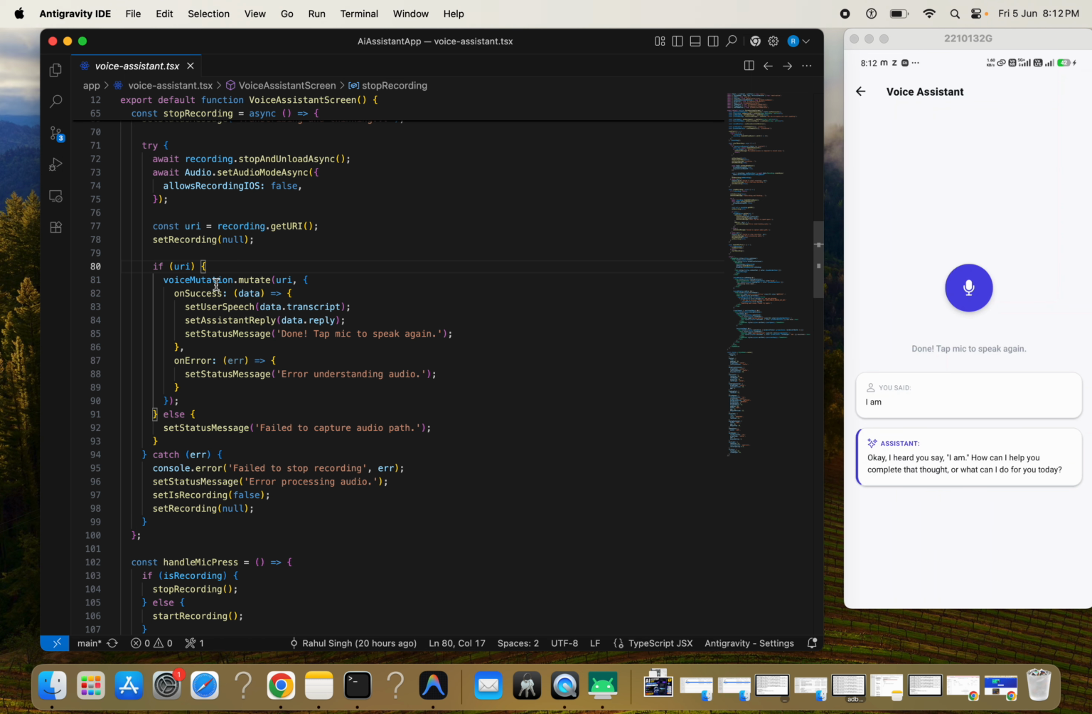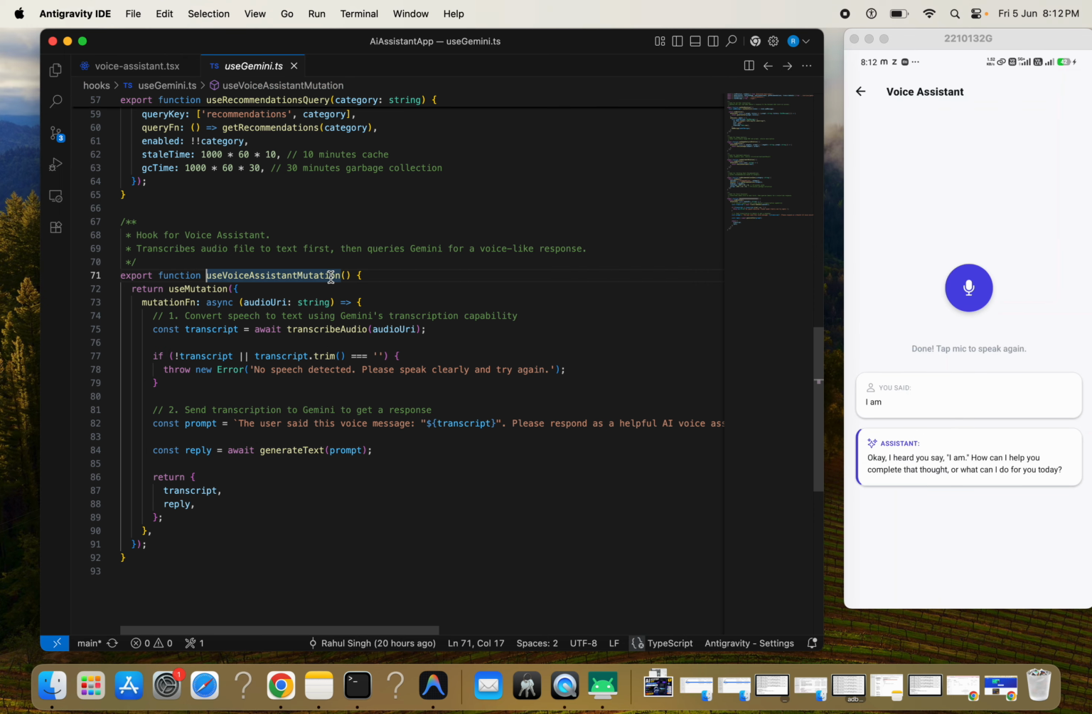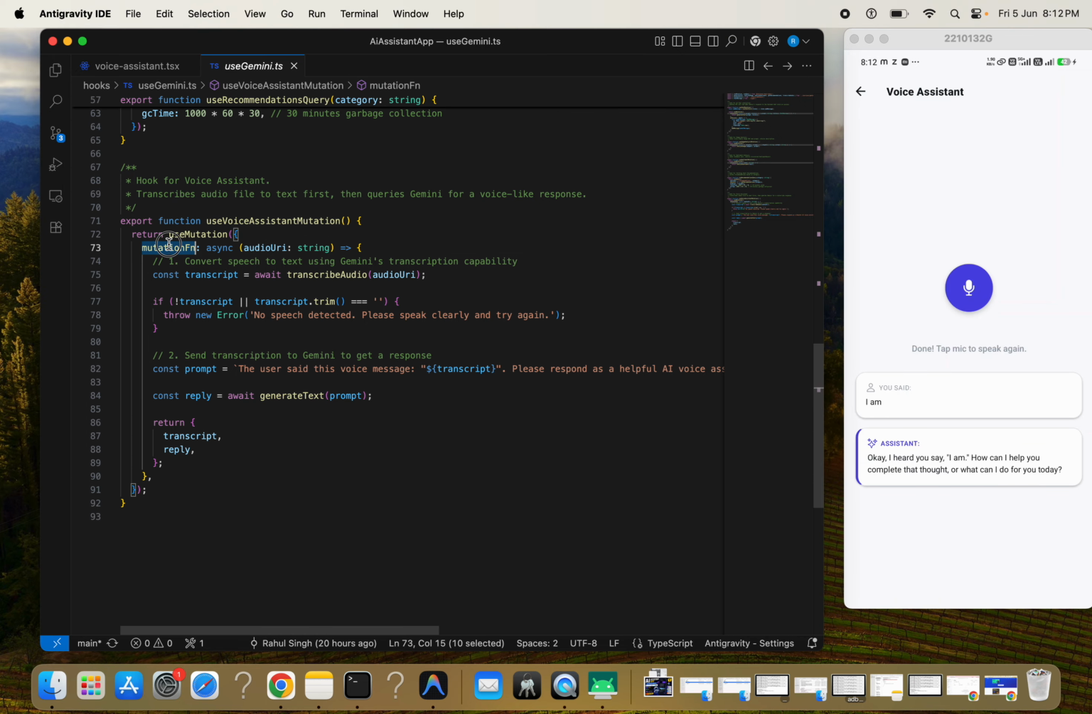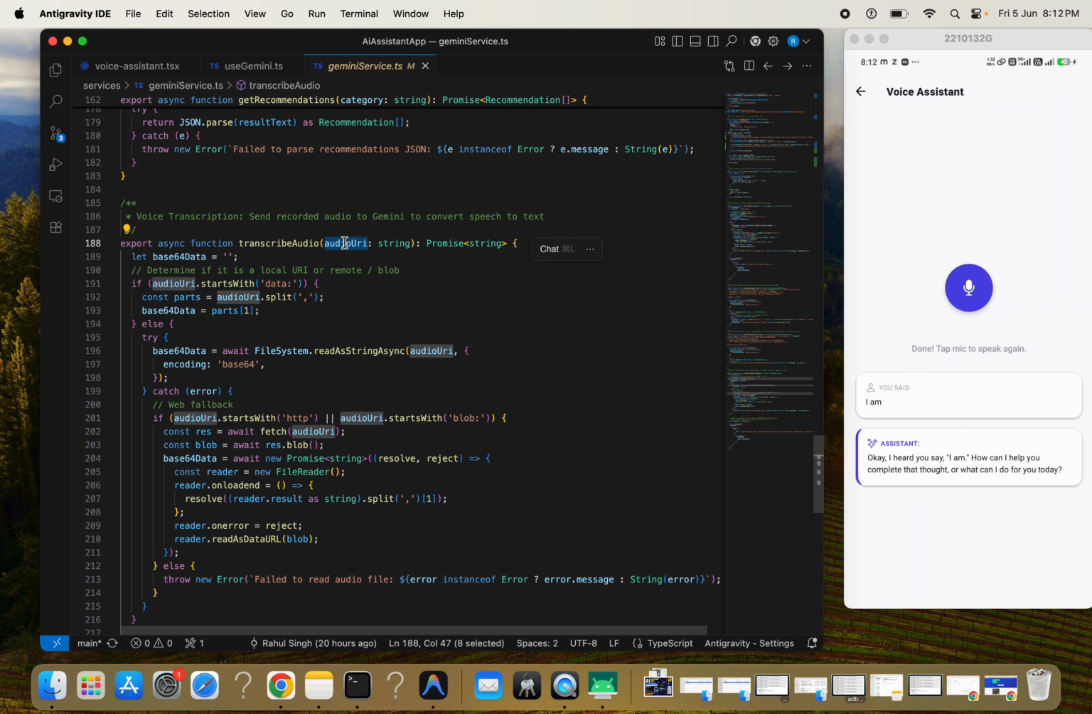Okay, and here we are calling the Gemini API key. We need to pass the recording URI inside the payload, and then it will call the use voice assistant mutation function. Okay, and now you can see we have the mutation function here. Inside we are calling the audio API functions. Okay, let's go inside and we need to pass the audio URI payload before we are